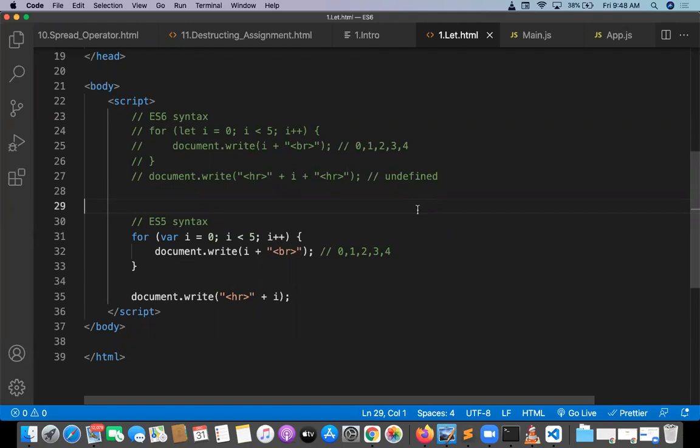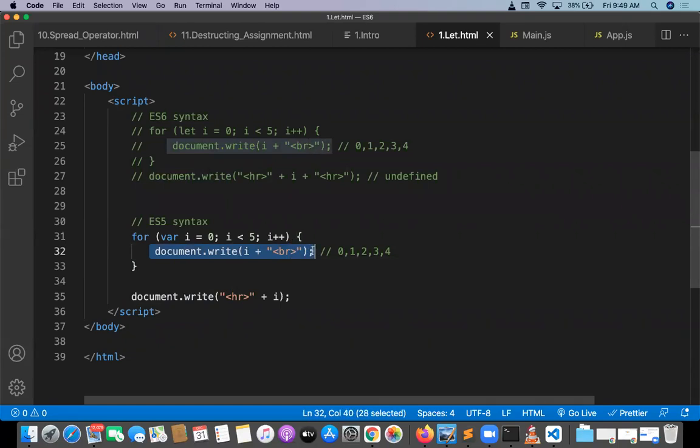For i equal to 0, i less than 5, i plus plus. The i value is initialized with 0. It is checked with the condition i less than 5. The condition is true, so the block of code prints 0.